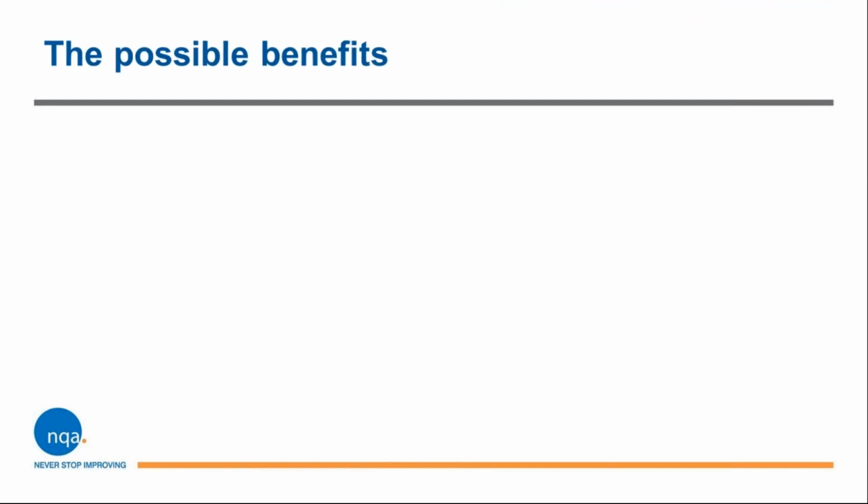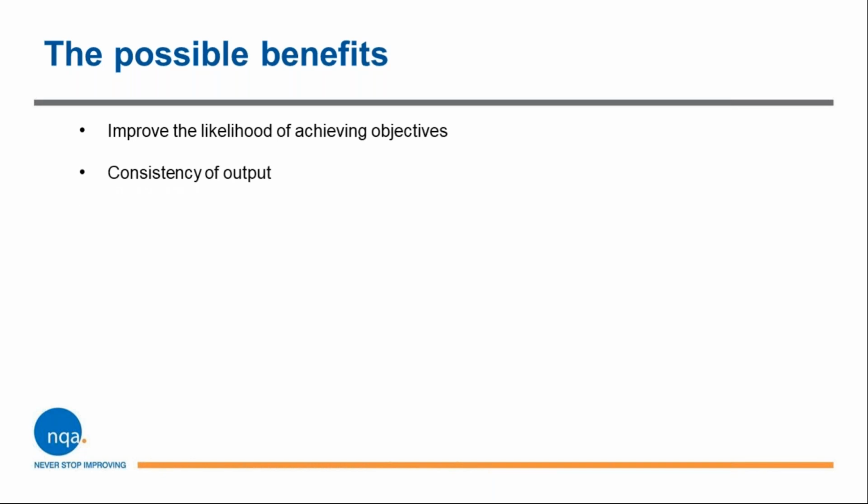So the benefits then. Hopefully there are some benefits to this risk-based process, aside from compliance with the standard. Objectives are a key and fundamental thing. They sit in line with your policy and arrangements, so you improve the likelihood of achieving them. Consistency of your output, be that efficiency or on-time delivery, whatever it may be, you can factor in once you've addressed the uncertainties. Having confidence in your system and your deliverables is ultimately what it's all about, in terms of compliance and your customer.